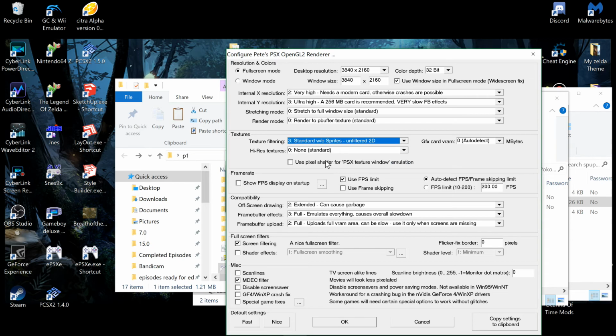And for the high-res textures, I just leave that on none, because all you really need is the texture filtering. Honestly, I think this actually makes PlayStation 1 games look jiggly for some reason. So I just leave that on none, unless you want to go bigger, but it doesn't really look that great anyway. I recommend that. And again, if you have a really good computer, you can have this all maxed out,